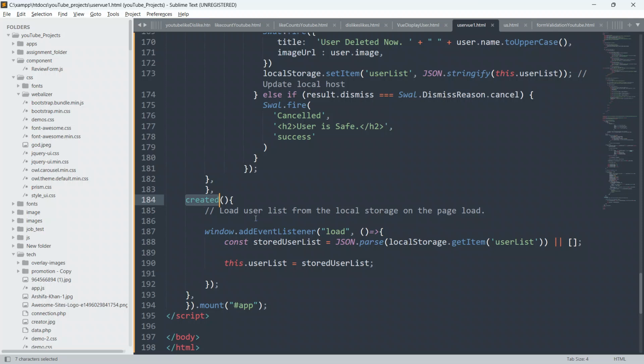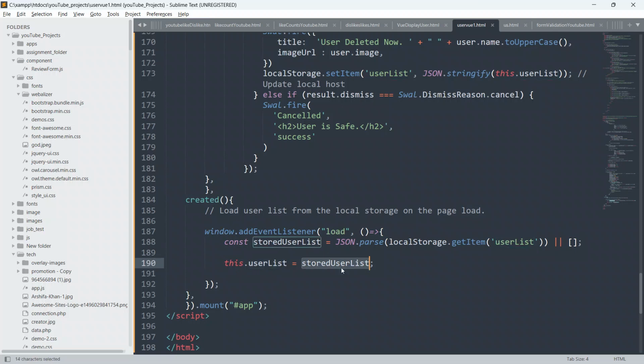And here we are saying load user list from the local storage on the page load. We are saying window.addEventListener load, we are running a function, and we are saying stored user list equal to JSON.parse localStorage.getItem user list, or we will just get an empty array. If something is already in the local storage, then we will say this.userList, and we will replace this user list with this stored user list.